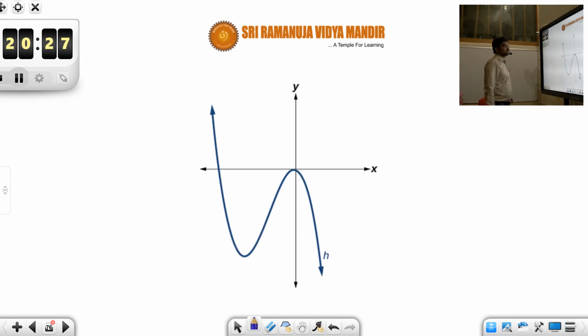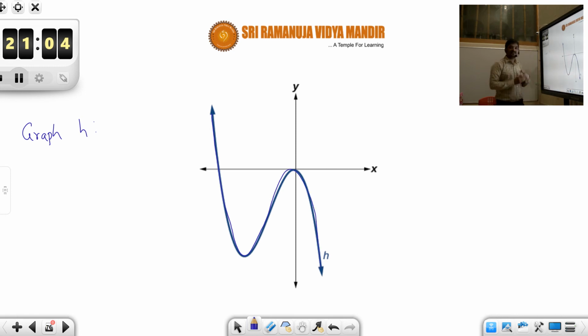Let's look at another example. Okay, what can we say about graph H? If you look at graph H, first of all, for any graph to be a polynomial function, two conditions should be satisfied. What are those? One is the continuity condition, and the other is sharp corners. The graph should have no sharp corners. So if you look at this graph, see, there is no gap. You don't see any when you are trying to draw this graph, right?